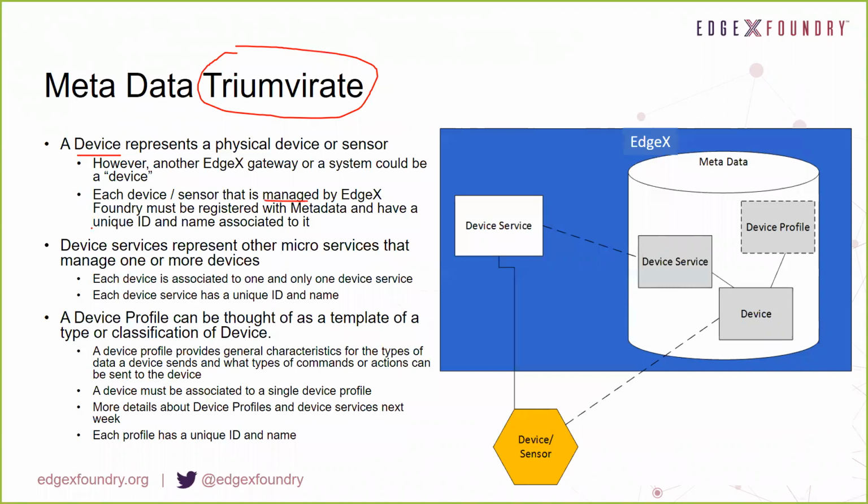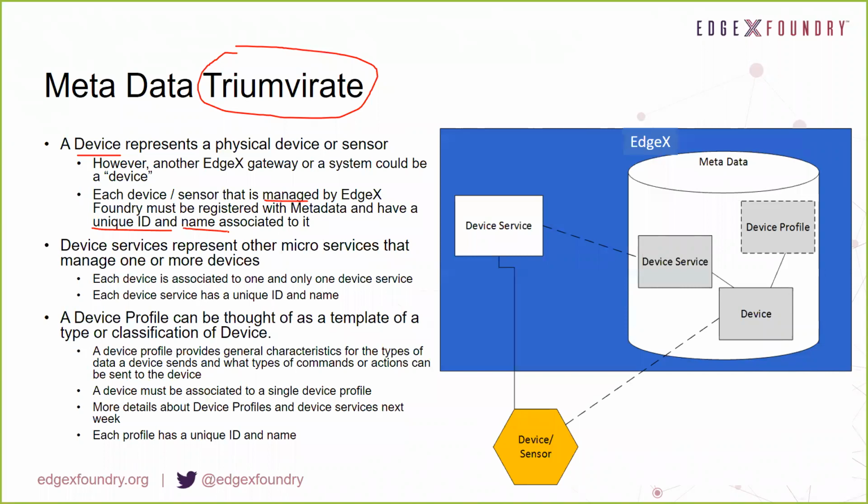Each device must have a unique ID and a unique name associated with it. We chose to have both of these because an ID usually is some sort of database generated identifier, something that maybe Mongo, for example, would generate. We also wanted to have a name, something that you or I as humans can easily associate with a device, gives us a better handle on that device. And we do require that each of these be unique, meaning that even a name that you may associate with your device has to be something you choose that makes it differentiating from any other device connected to EdgeX through metadata.